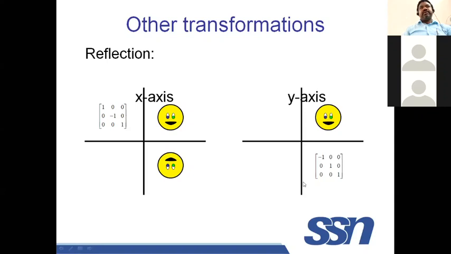y-axis. How it will be changing? It is looking over here, and the x value is reflected. Therefore, this first value is negative, is appearing -1. Remaining things very similar to the previous matrix expression. Here 0, 0, 1, 0, 0, 1. If you look at this and this, here the minus is shifted to this first location. Means x value is going to be negative if you do mirroring with respect to y-axis.